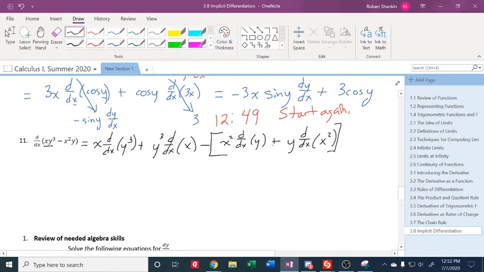All right. Every time that the d/dx interacts with a y, see here it interacts with a y, here it interacts with an x. When it interacts with an x, you're not going to get a dy/dx showing up at the end. But when it interacts with a y, you're going to get a dy/dx showing up at the end. Here you're going to get a dy/dx showing up. Here you're not going to get a dy/dx showing up. So this is equal to,